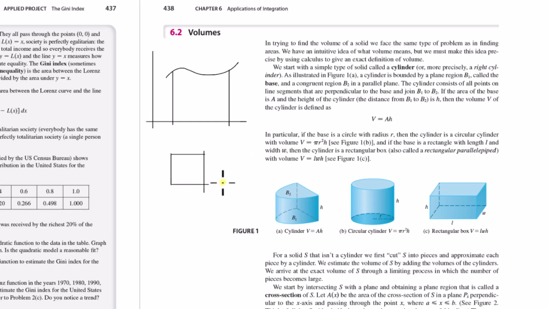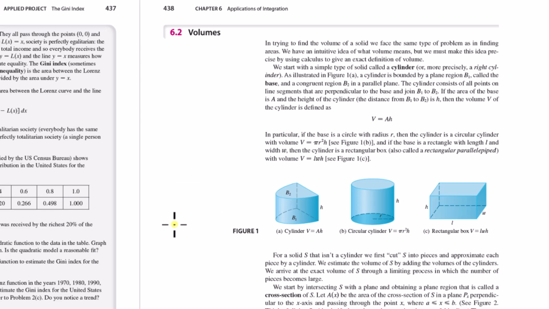But the idea is if you're going to define what area means, then you want to draw the most general area possible, right? Like this is not even the most general. You would draw some area like this, and the definition of area would be based on what this area is, because that definition would include a square and a triangle. So that's the reason integration was invented, because we had no way of calculating general areas. And that's what they're saying here. We're about to develop an exact definition of volume in the same way that integration was used to develop an